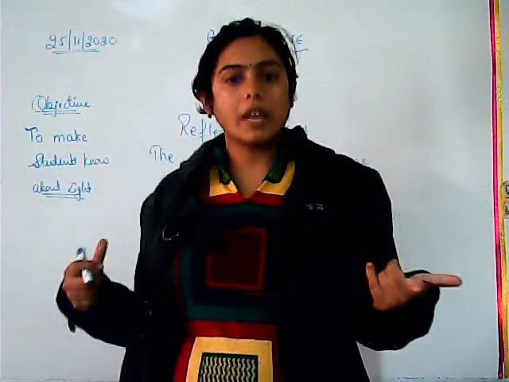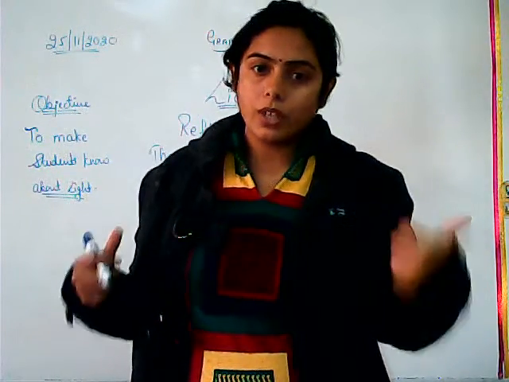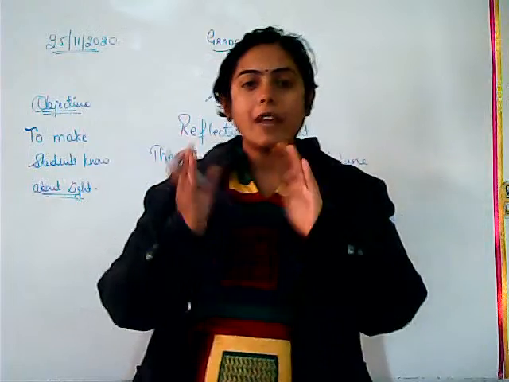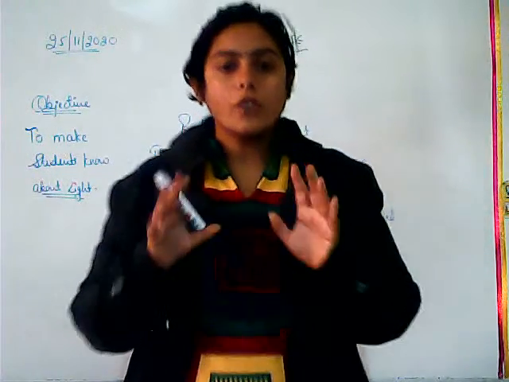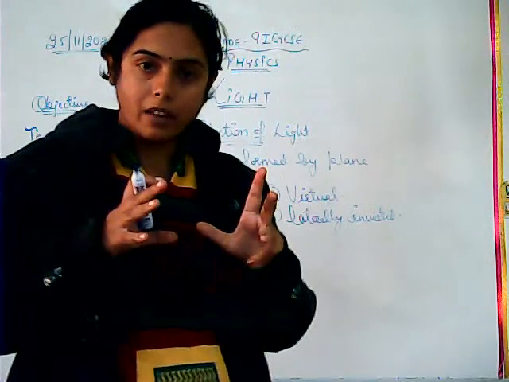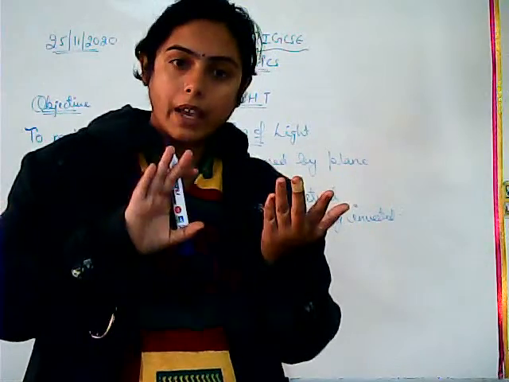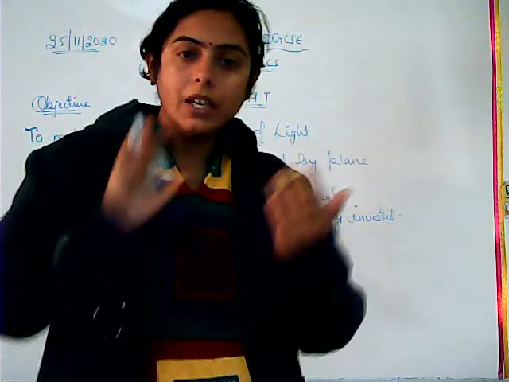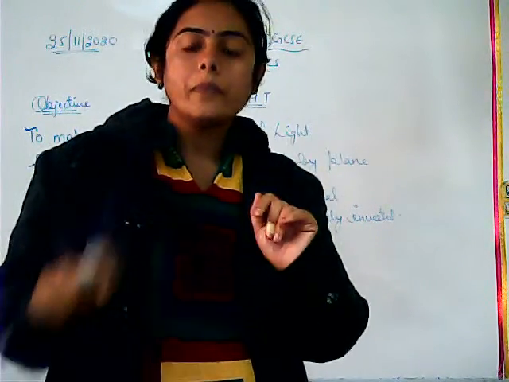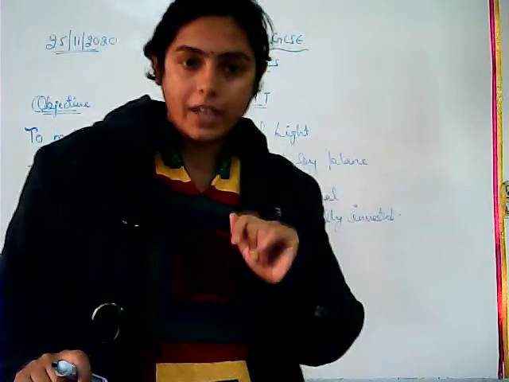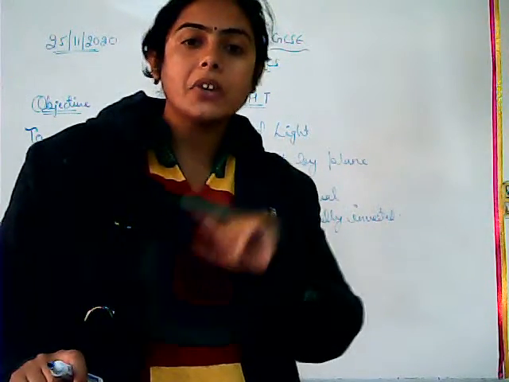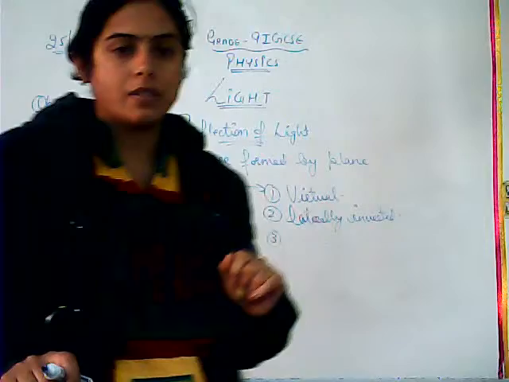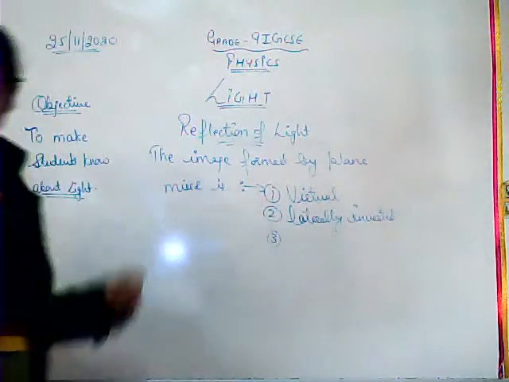Whatever you have onto the right side in the mirror is going to be onto the left. So only left right variation will be there. So we say inversion is there. It means it is reversed, but not top bottom, only the left and right side. Fine. So that is why I said lateral inversion. Point is clear?